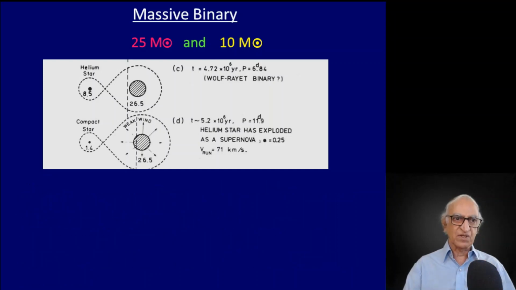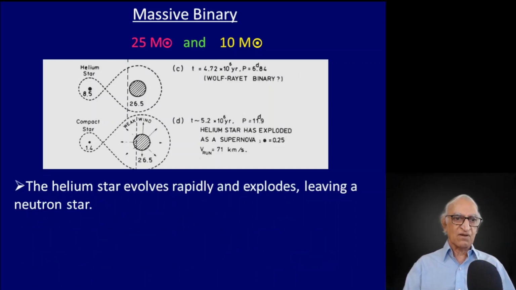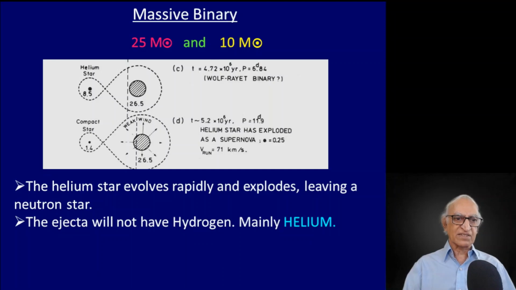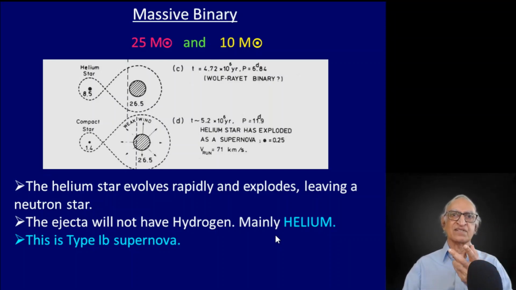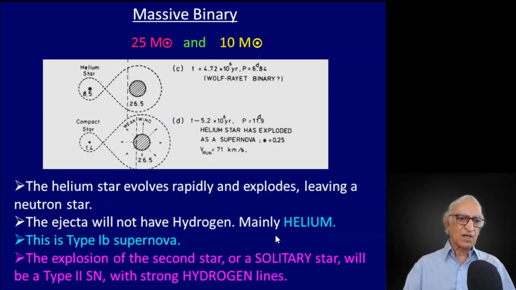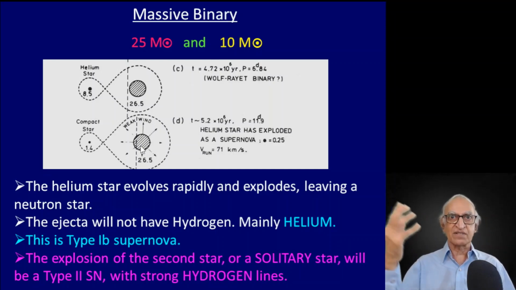hydrogen lines. Now, the ejecta will not have any hydrogen, it will have mainly helium. This is the type 1b supernova. There is no hydrogen because it is an explosion of the less massive star in a closed mass transfer binary system. Now, with the explosion of the second star, this star over there, or the explosion of a solitary star,